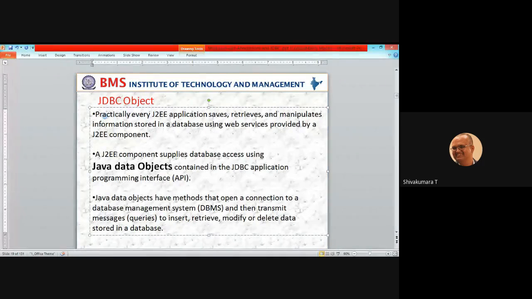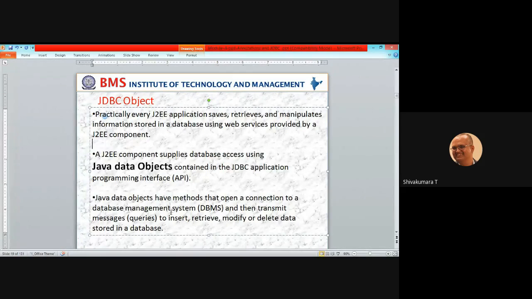A J2EE component accesses databases using Java data objects contained in the JDBC application programming interface. So the JDBC API is there too. There are lots of interfaces, lots of connection code, lots of connecting objects or classes involved in this JDBC application to connect your front end to the back end through either Java Servlet, JSP, or Java Beans, right?